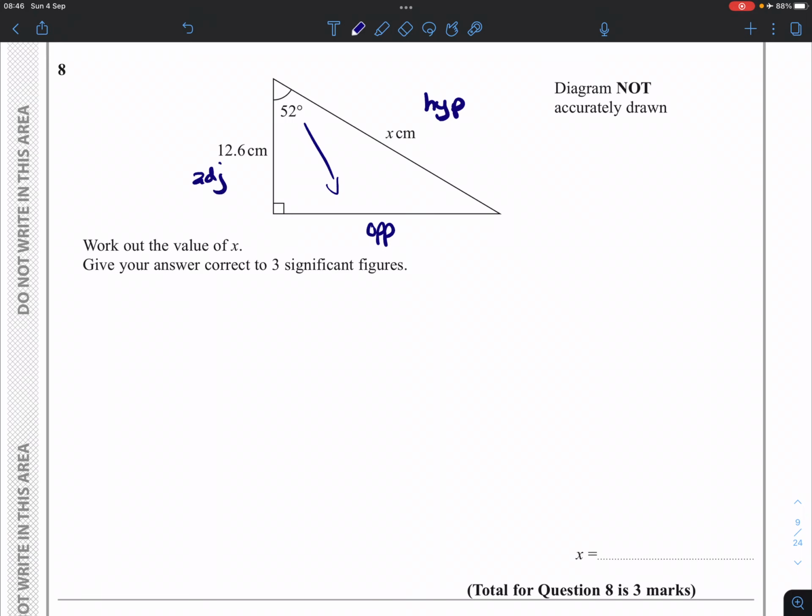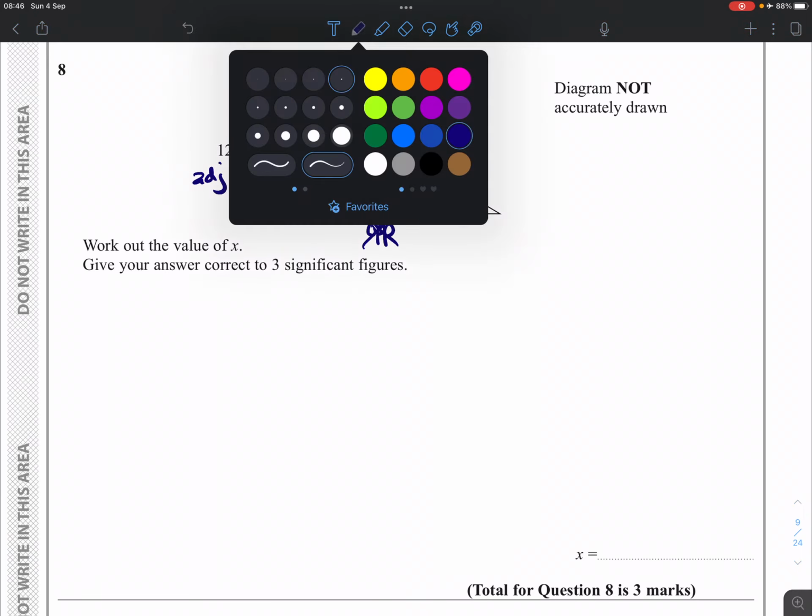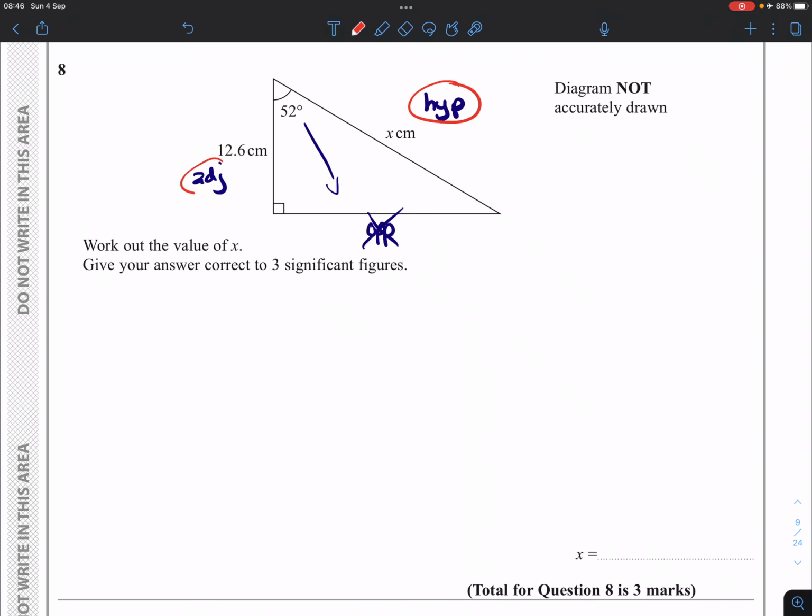beside the angle. We do not care about opposite, we care about adjacent and hypotenuse, which means that the trig ratio that we're going to be using is the cosine. So adjacent over hypotenuse is the cosine of the angle. Quote our formula. Plug in the values that we have. Our angle is 52 degrees, so cos of 52 degrees is equal to adjacent, which is 12.6, over the hypotenuse,